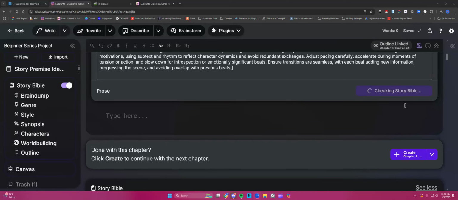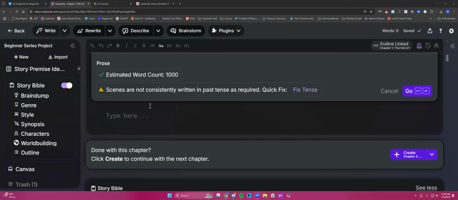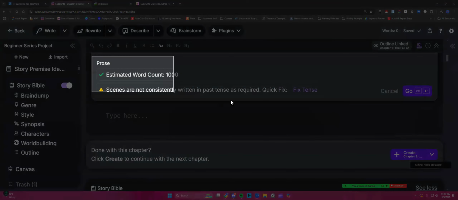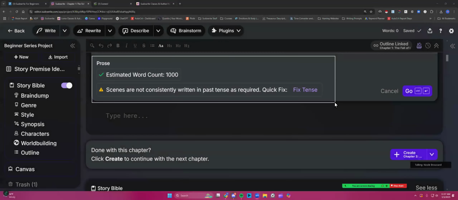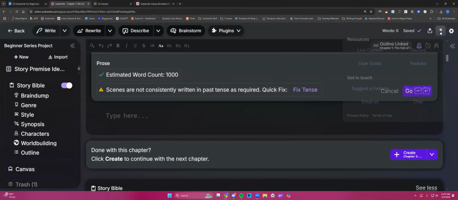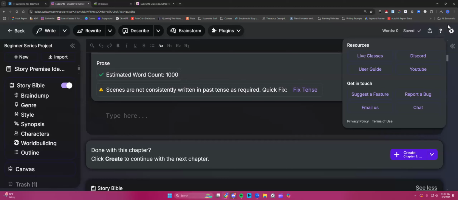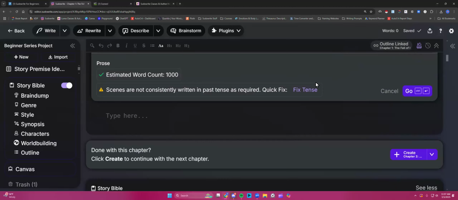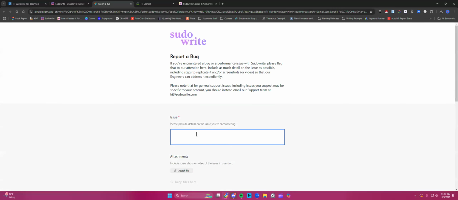All right, here we go. Scenes are not consistently written in past tense as required. I'm actually going to print this so I can report it as a bug. Remember that report a bug question mark up here at the top right, and you're going to want to do this anytime something's off. Maybe you click generate prose and it didn't generate prose, or it generated three sentences and stopped on you. Whatever, just say, hey, this doesn't seem to be working right, click that question mark, click report a bug, and I'm going to tell it